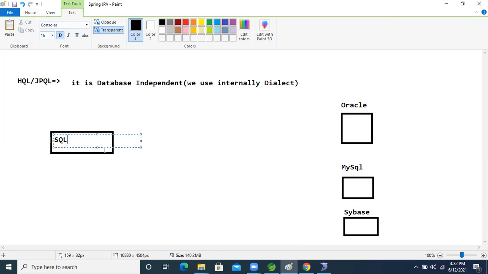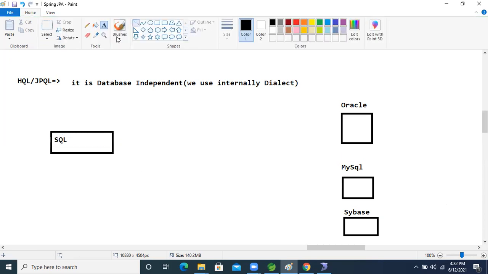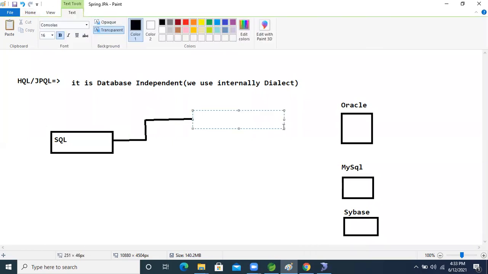If we are writing the HQL query and performing it against the Oracle database, we just change to the Oracle dialect. Sorry, I wrote SQL, I will change it.